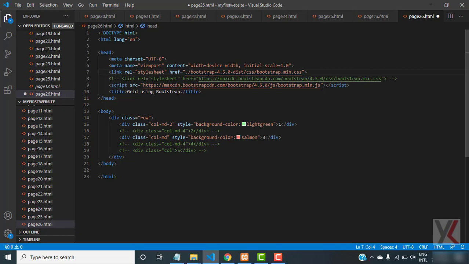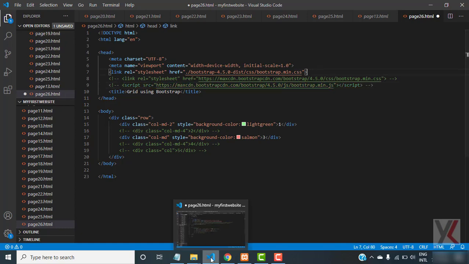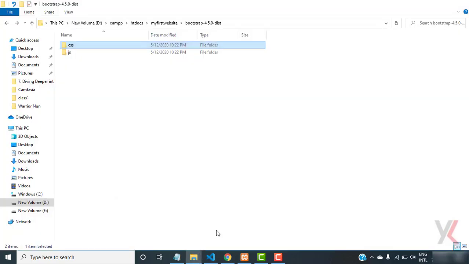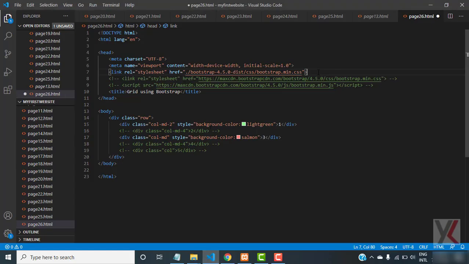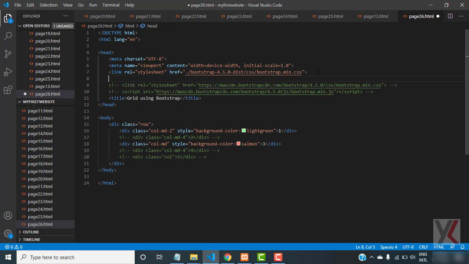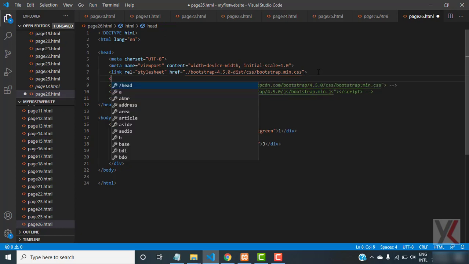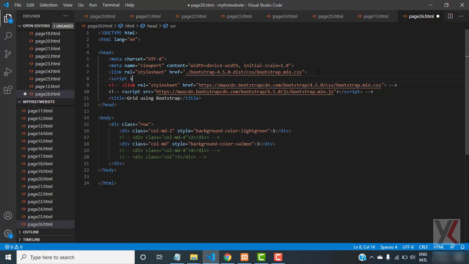So we'll give this path here. You can also use a path like this if you want to use JS. If you are using a JS file, you have to use this bootstrap.min.js. If you have installed the bootstrap, you can give the path like this: script src